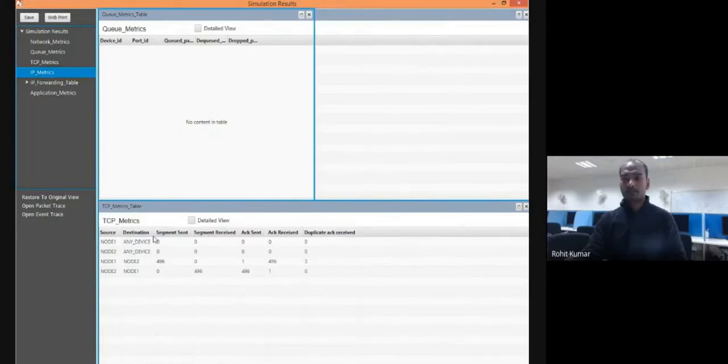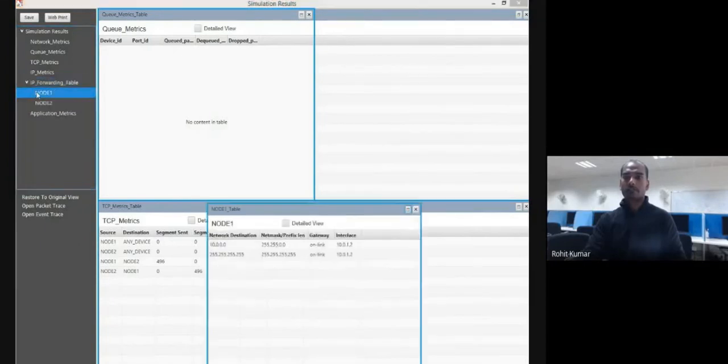And here, with respect to the TCP, because we configured the TCP protocol, the IP metrics and the forwarding table. Forwarding table with respect to node 1 means how node 1 is forwarding, how node 1 is connected with other devices. So the network destination, the network address of this particular node 1, was 10.0.0.0 because what we used? We used 10.0.1.1.